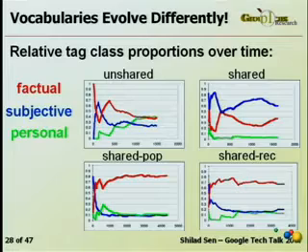We have 4 groups. They have very similar tagging interfaces, and the vocabularies that evolve in each of those 4 groups are entirely different. We weren't able to run this experiment many times. We don't have a large enough user base, so we can't be sure that these results are deterministic. We can't be sure that it's actually the different interfaces that are responsible for the differences. But anecdotally, we believe there's evidence for this. And the reason is as follows.